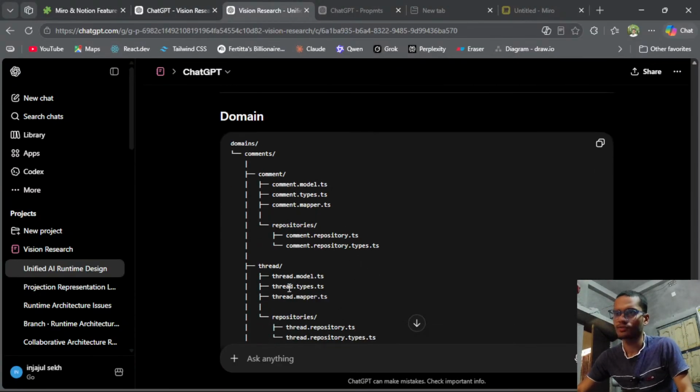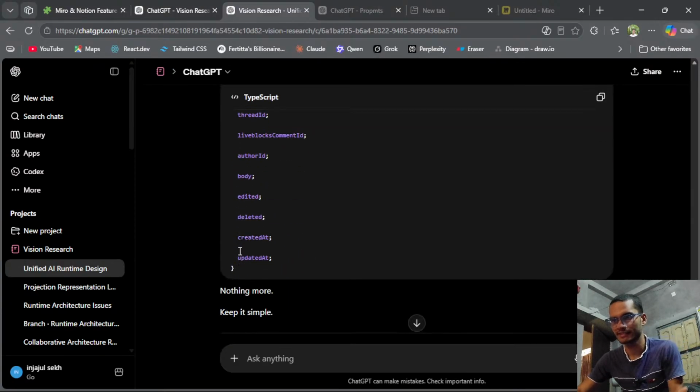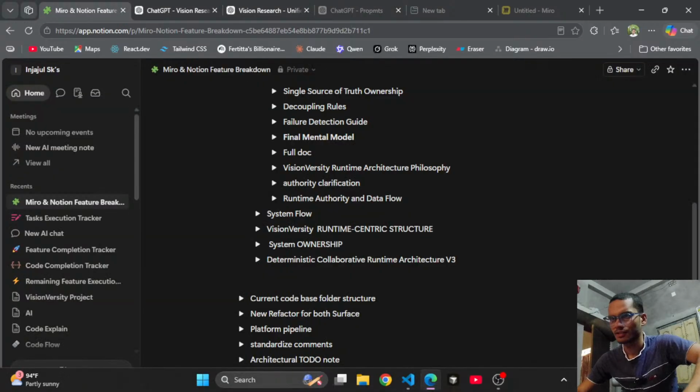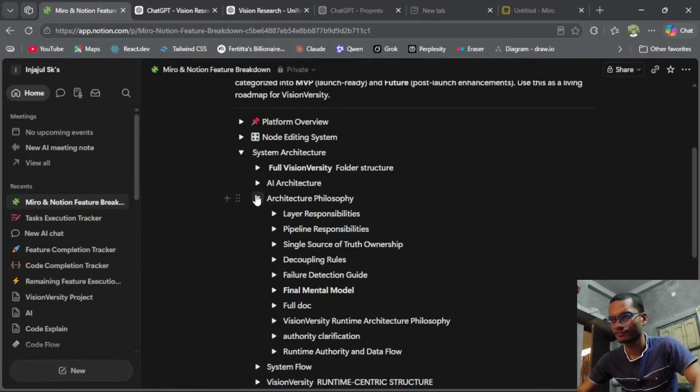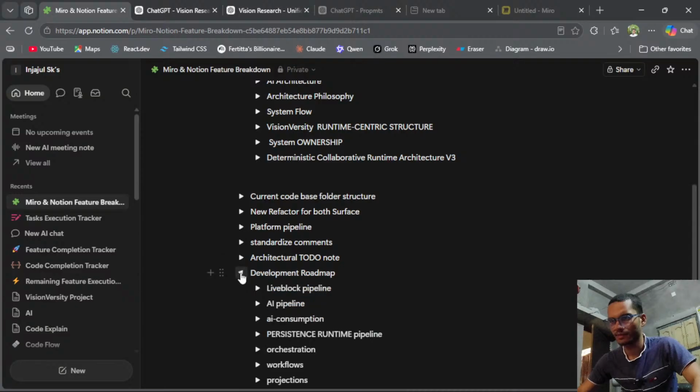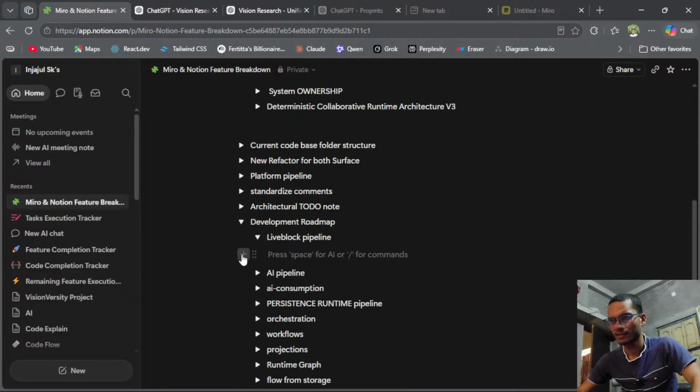Okay, so I decided I will add this type of code base in my domain, and also the application layer. So I researched. This is my architecture philosophy. This is my development roadmap. This is the live blocks pipeline. I add